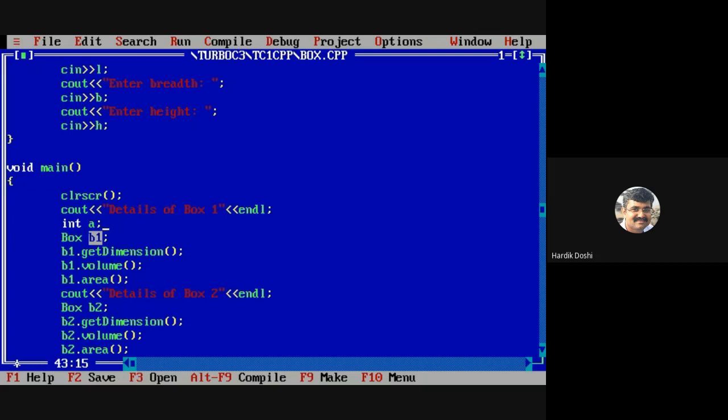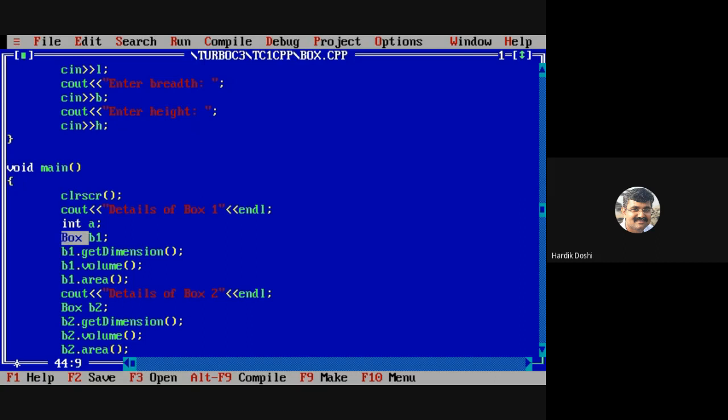Generally, we say 2 bytes of memory are allocated. Similarly, when I write box b1, at that time also memory is allocated.